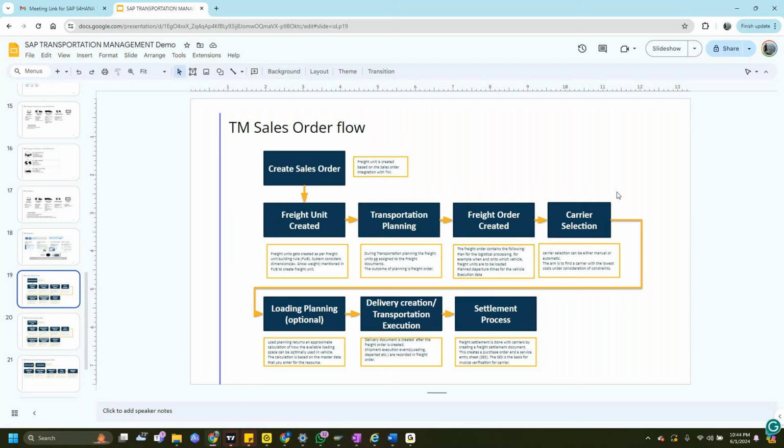Based on a few criteria, we split the process. For those customers who change dates, we did delivery based planning. For the other customers, we did order based planning. You understood what I was trying to say, right? It depends on multiple requirements. Ultimately, as a TM consultant, you have to remember that it's not only TM that is going to be impacted by this decision, it's the entire supply chain that is going to be impacted.